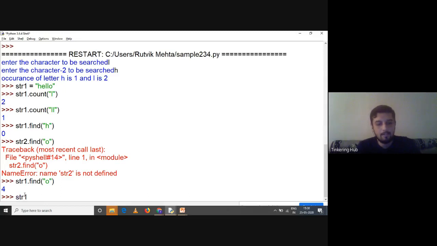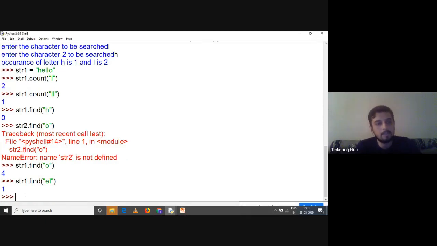I can find the index of a substring also. So I can say str1.find('el'), what is the index of the 'el' substring? It will give you the first index of the substring. So the index of e is 1 because the index starts with 0. Now say for example, a letter or a substring is not present in the string. What will you do with it?